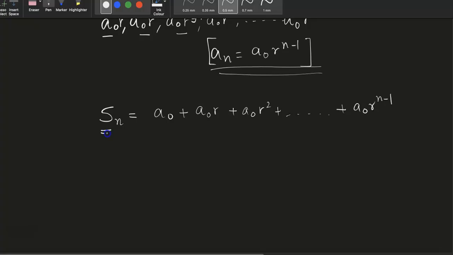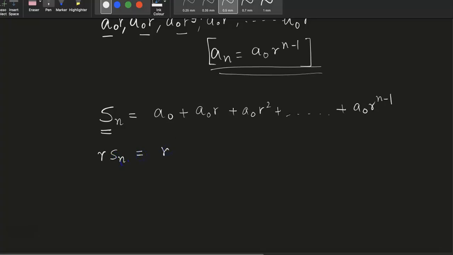Now I want to find out what this summation is. So how will I do that? That is the question. What you do is multiply this whole equation by r on both sides. If you do that, you get r times Sn,